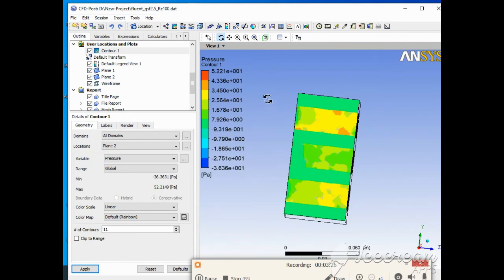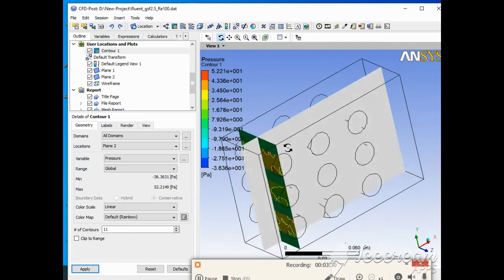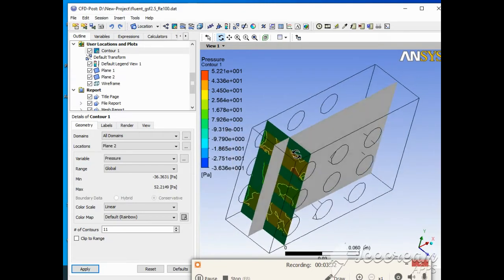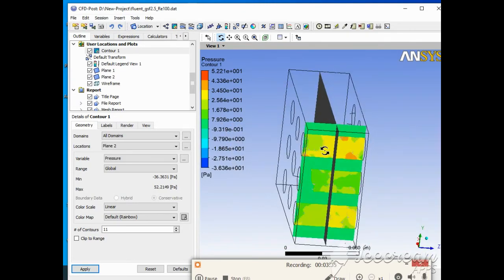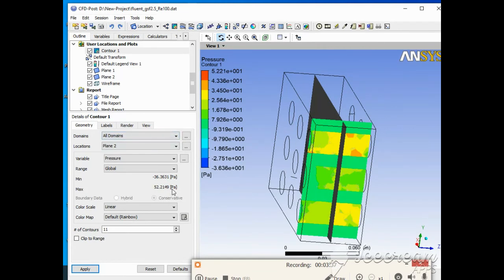Okay, but if you look at the pressure in a tube, if you want a more accurate pressure range, there is another method, to plot a line. For that purpose what we need to do, we need to create a line. So go for line,